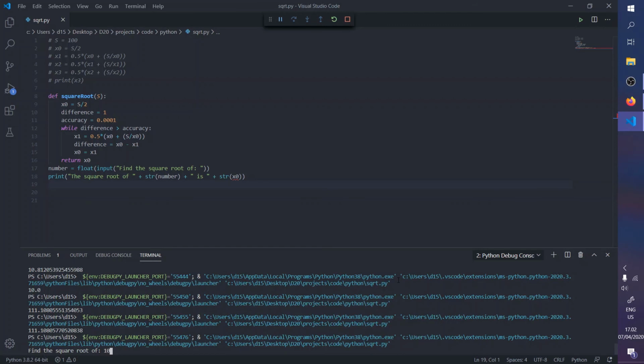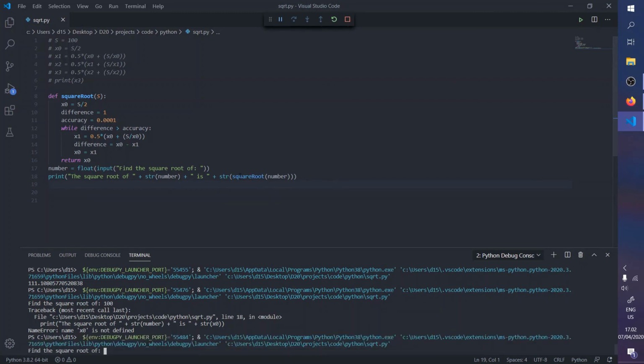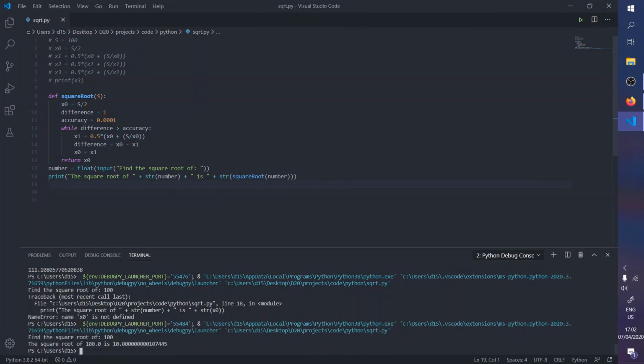Okay, let's find the square root of 100. Okay, we made an error there in the concatenation. Oh, of course. Yes, you have to actually put the function there. Square root number. So that's the input they asked for. Find the square root of 100. The square root of 100 is